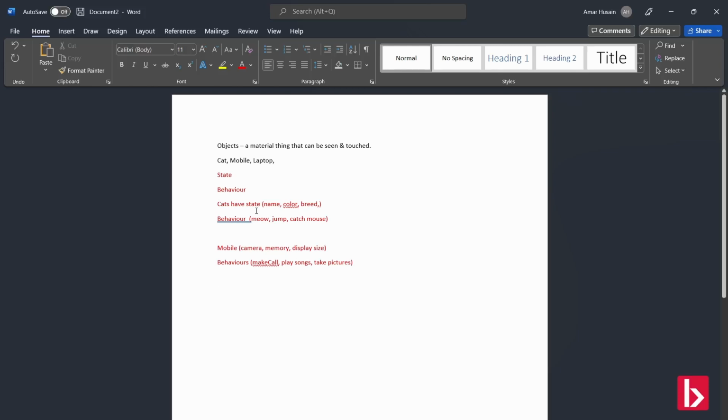So how are these real objects produced? Take a mobile. How is this mobile object produced? If a certain XYZ company wants to launch a new version of mobile, first what they will do, they will make a specification. In this specification they will define the new version of mobile, what things this mobile will have. Like this newer version mobile's camera size will be